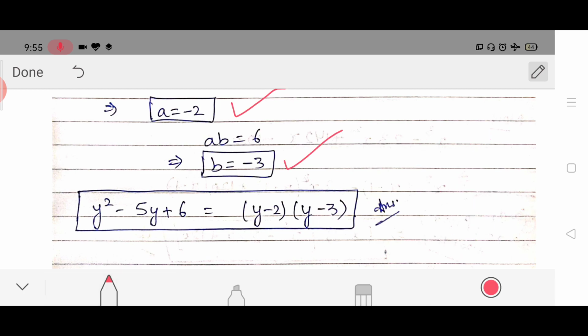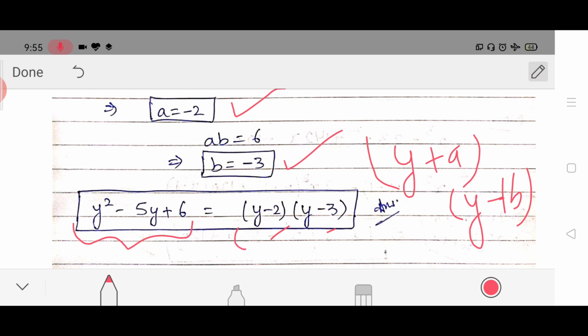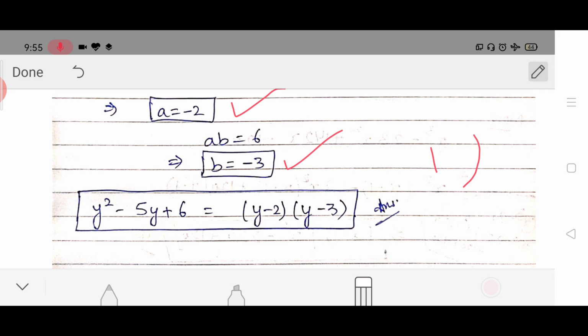We have a and b, so we will just put the values of a and b in (y plus a) into (y plus b). From here we can see that we have converted this polynomial into a product of two polynomials, and this is known as factorization. Is that clear by factor theorem? Now moving on,